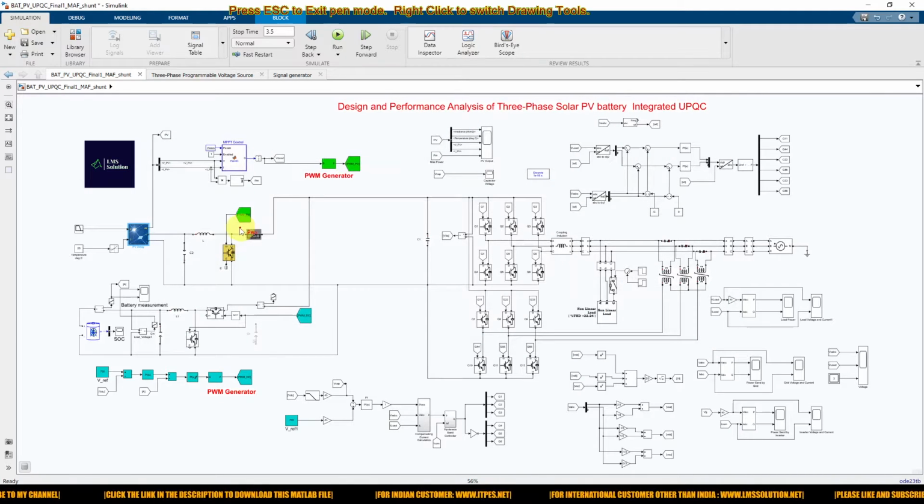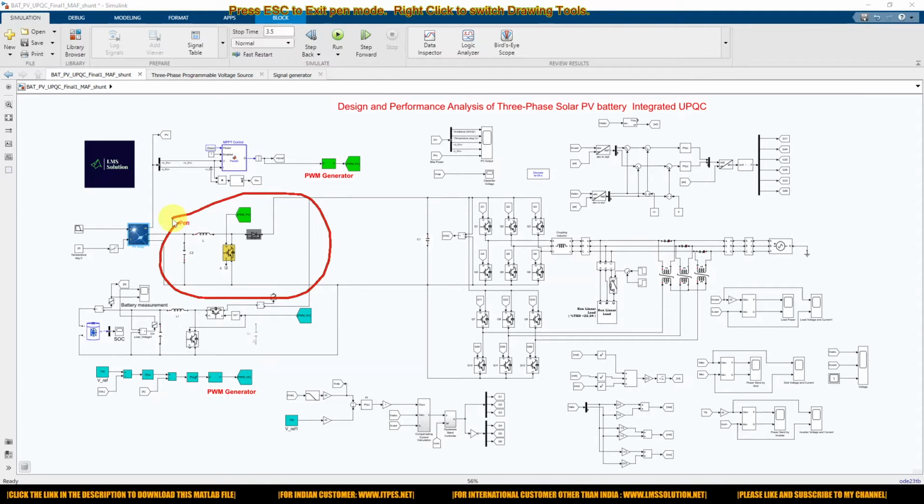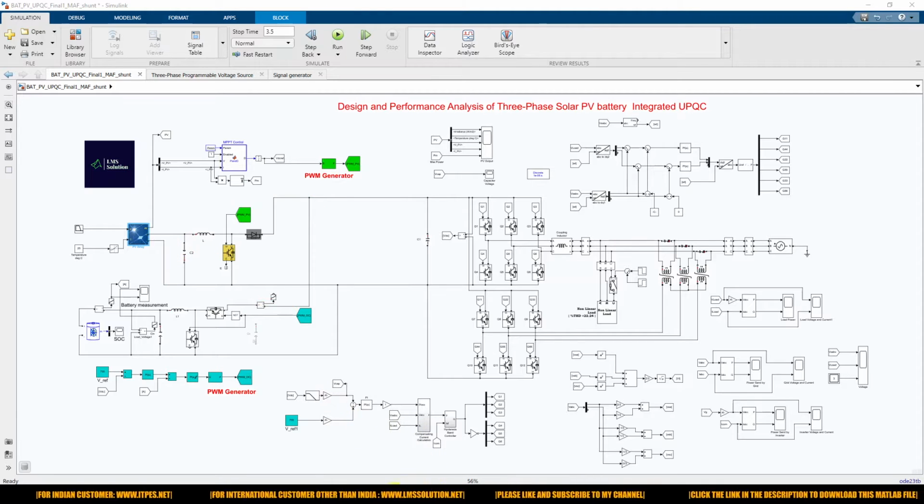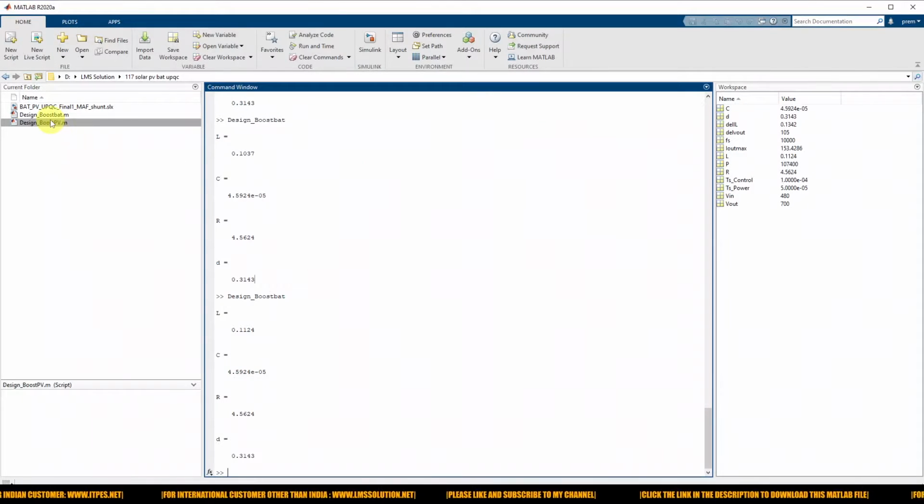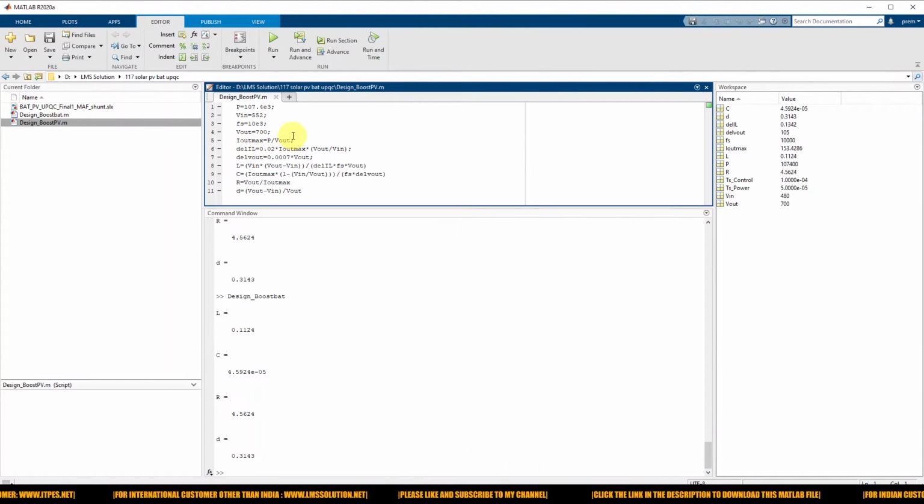And here we are using the boost converter. Here we are going to maintain the DC link voltage around 700 volt. Okay, so we need to design accordingly based upon the power rating. So for that I'm going to use this detail, right? The input voltage of the solar PV I'm going to consider 552, the maximum voltage level, and the output voltage is 700,